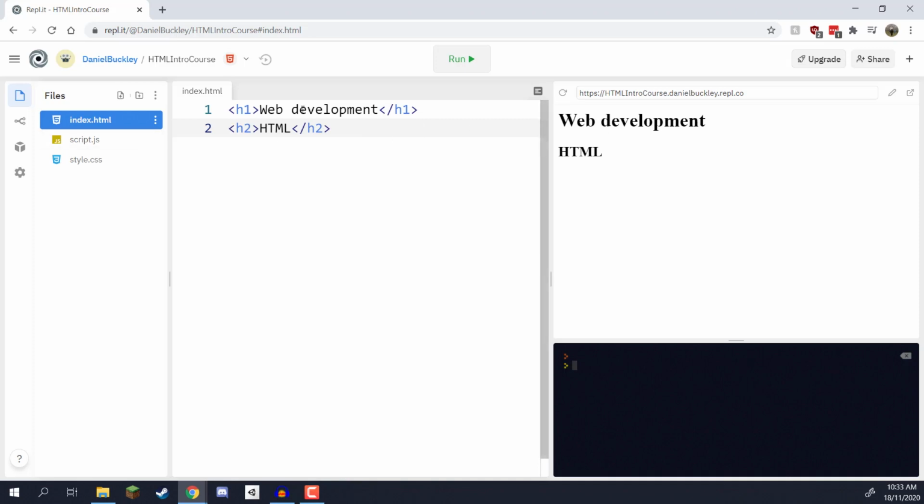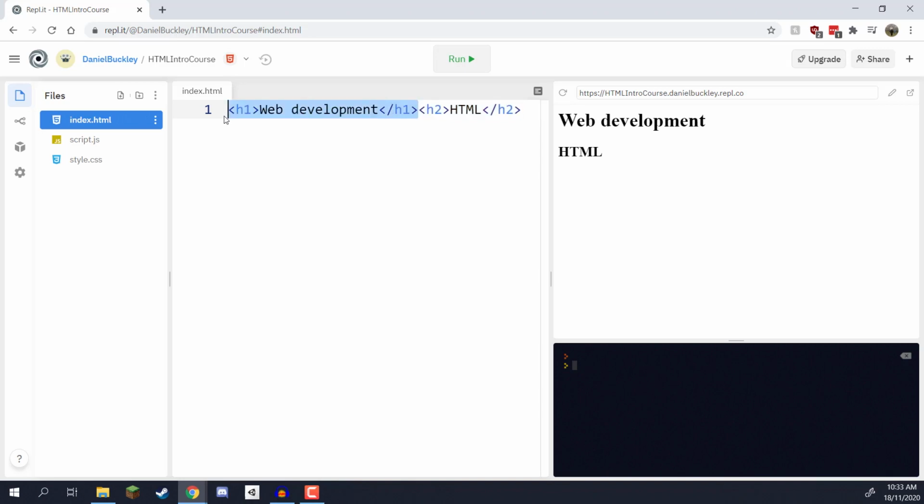Let's just say we want to put web development and HTML, these two headers, on the same line. Well, I can do that right here. Okay, and I'll click run, but you'll see that it's not on the same line, okay? They're on separate lines. And the reason why is because in HTML, whenever we're creating a new tag right here, it's pretty much going, okay, this is a new segment of the screen. We can have our contents here. And then whenever we create a new HTML tag, it's going to go, okay, new line,